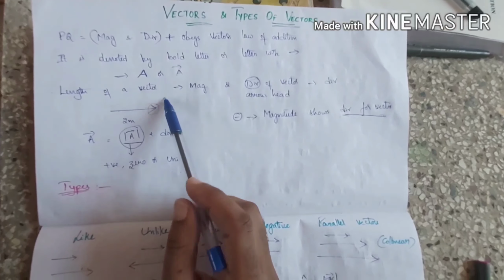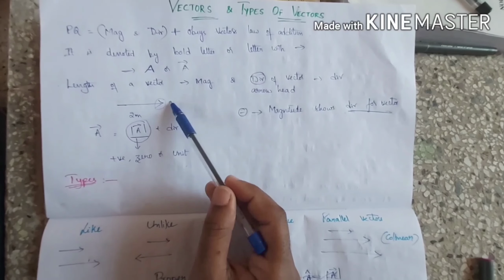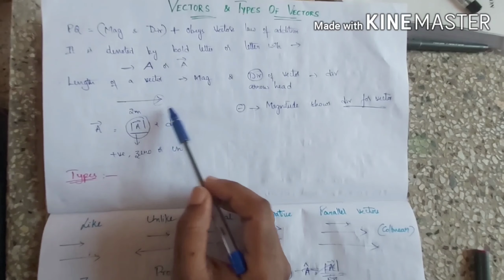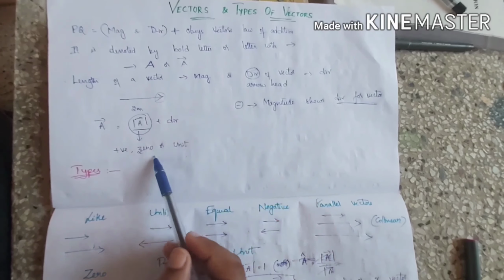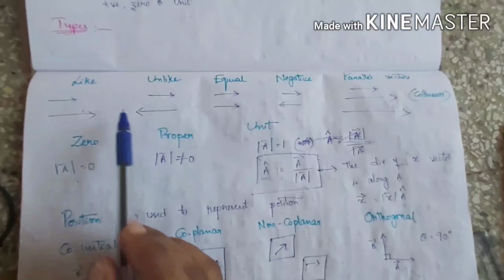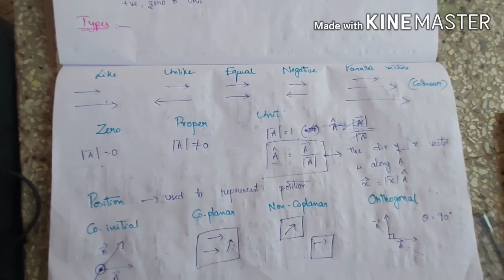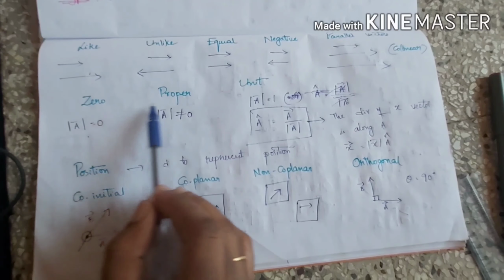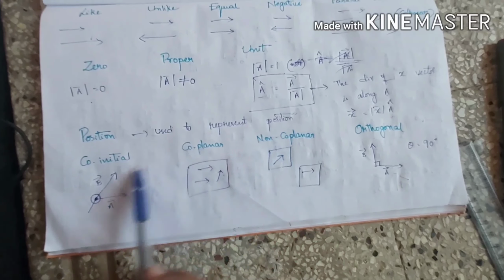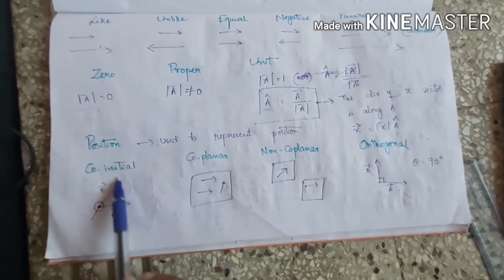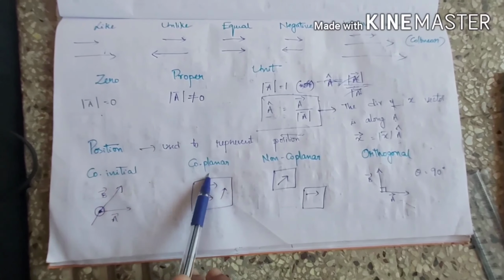So the definition is magnitude and direction, and it must obey the vector laws of addition. Denoted by bold letter or letter with arrowhead. Length is used to represent magnitude. Direction of arrowhead represents direction. Types: like, unlike, equal, negative, parallel. So these are with respect to both magnitude and direction. Only for magnitude you have 0, proper, unit. Then for position you have position vector. Then with respect to the planes or the points they are starting from, you have co-initial, coplanar, non-coplanar,